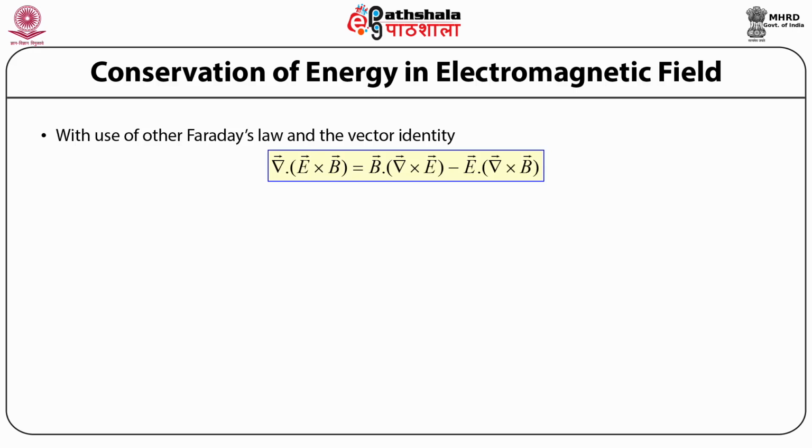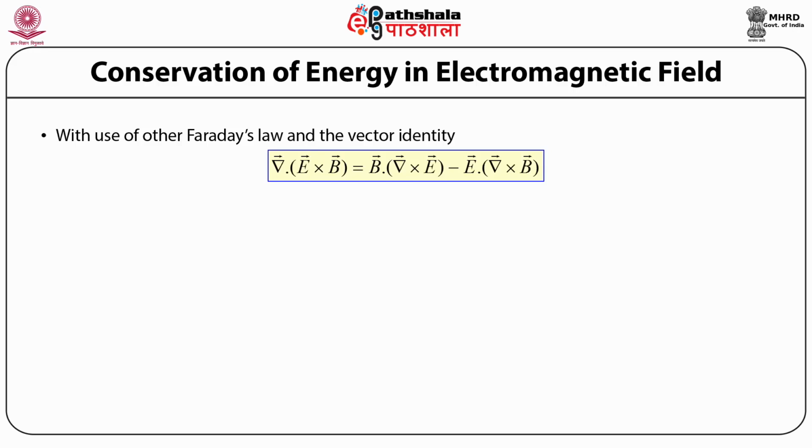And this vector identity can be written as the dot product of the magnetic field induction vector with the curl of the electric field vector, minus the dot product of the electric field vector with the curl of the magnetic field induction vector. So using Faraday's law, which is basically del cross E is equal to minus del B by del t, and this vector identity, and replacing this in the above equation for the power